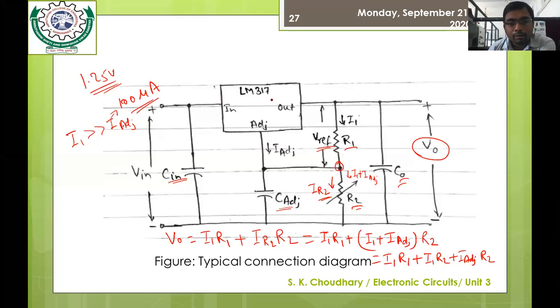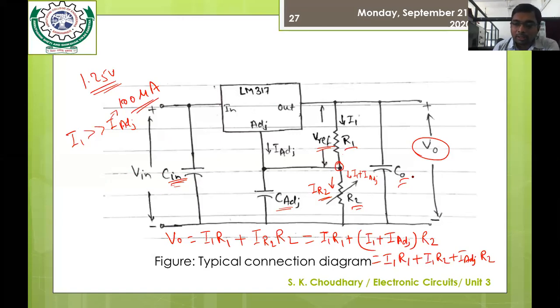If it is connected far away from the power supply, then at that moment we are required to connect C in, because as the distance is very large, an oscillatory nature could develop at the output of the filter. So to minimize or eliminate the oscillatory tendency, we connect C in between the filter and the regulator.